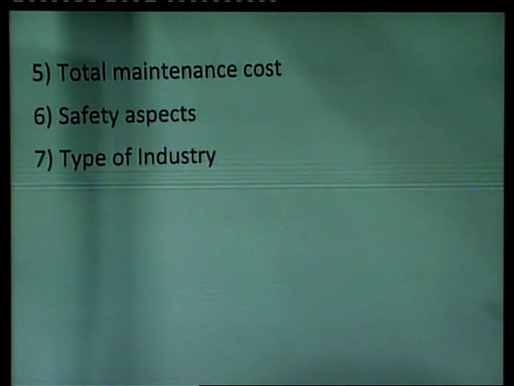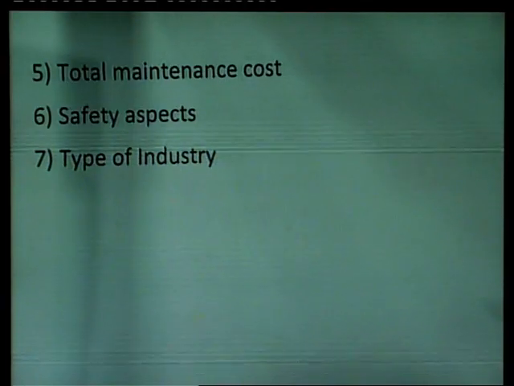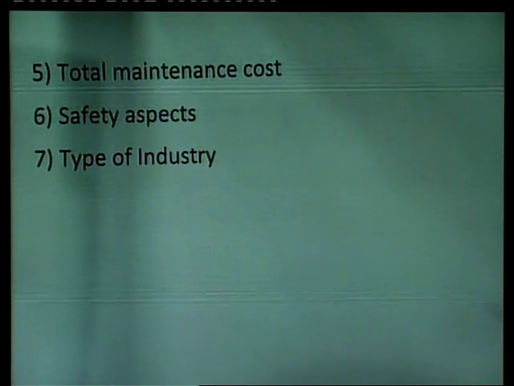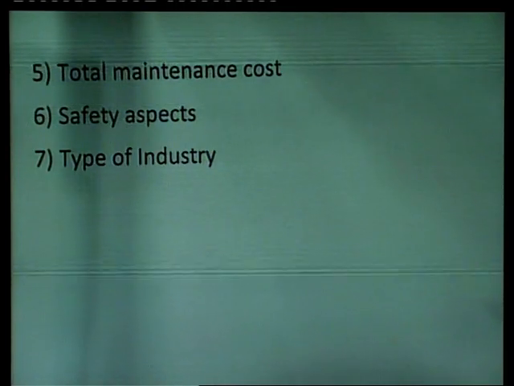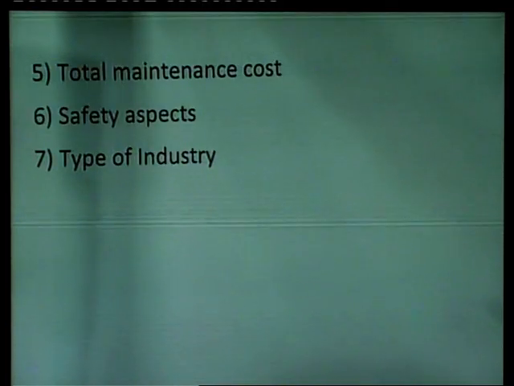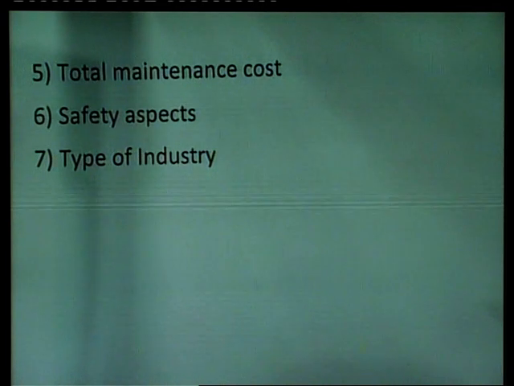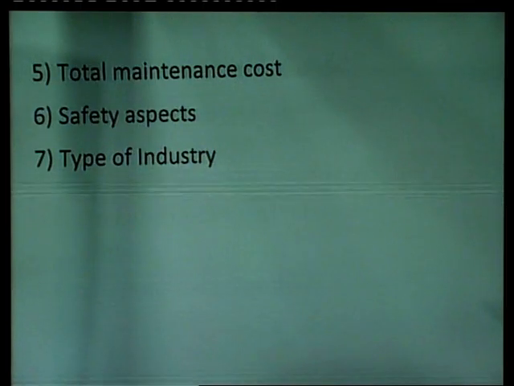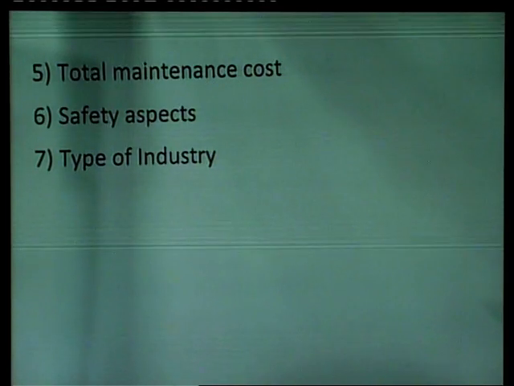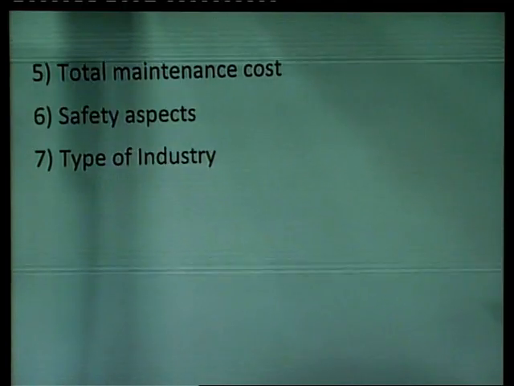So, it is found that no rigid system for maintenance can be applied universally to all types of industries. The maintenance system of different types of industry should be different because the products of all the industries are different, and machinery and other plant facilities are also different for different industries. Therefore, a suitable maintenance system must be designed and developed to suit the requirement of the particular